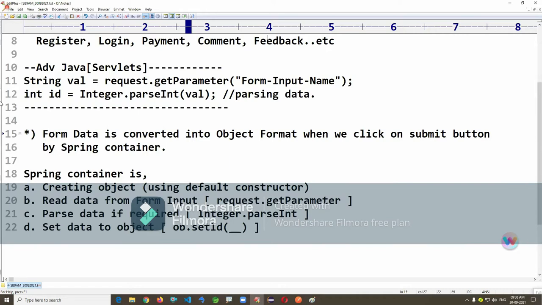Please wait for a second, just one second. See here, 291 is there.